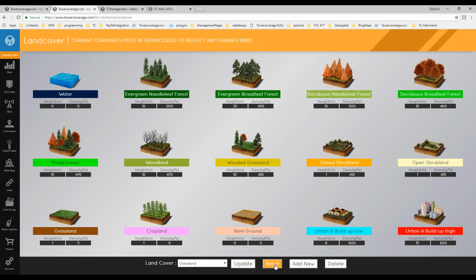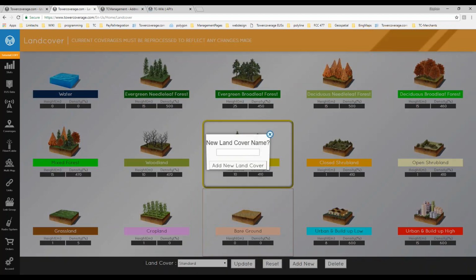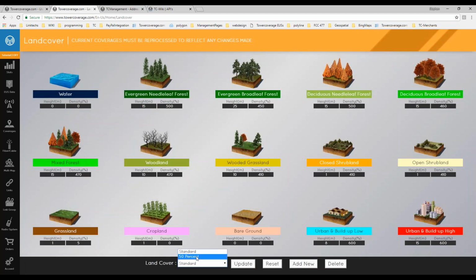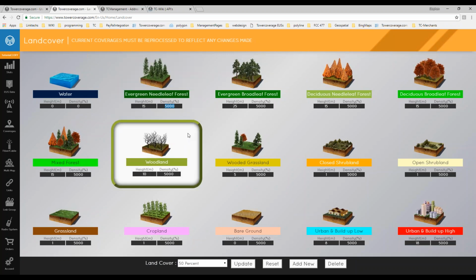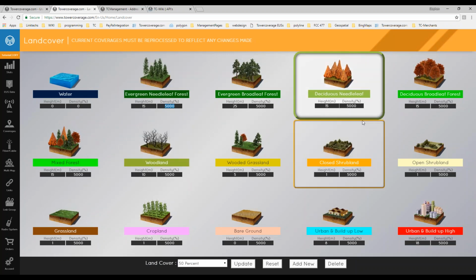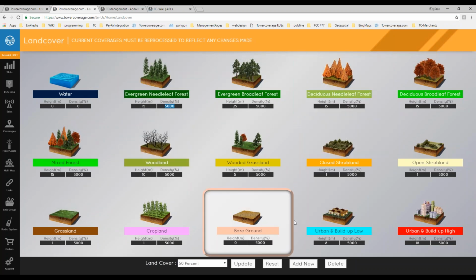To add or edit these, all you have to do is click your add new. You give it a name and you hit add new, and it will appear in this drop down box right here. To edit it, you just select it. As you can see, we have one that's called 50%, and we set all of them to the 50% value, or 5,000 for the density. On the